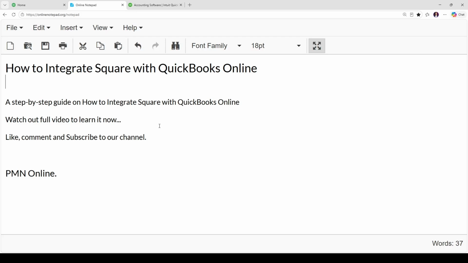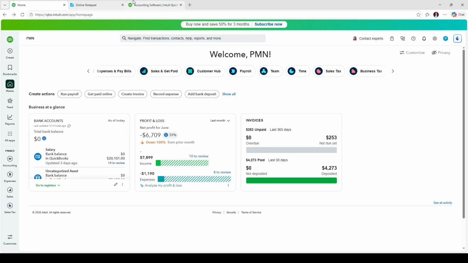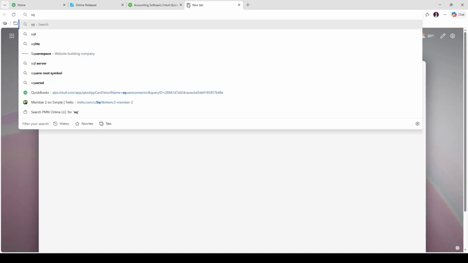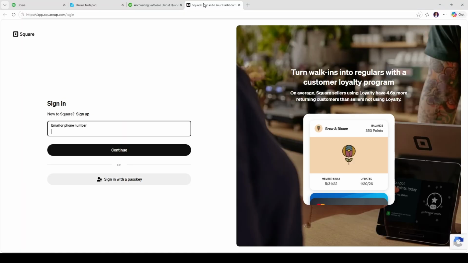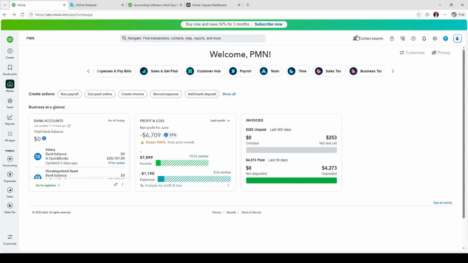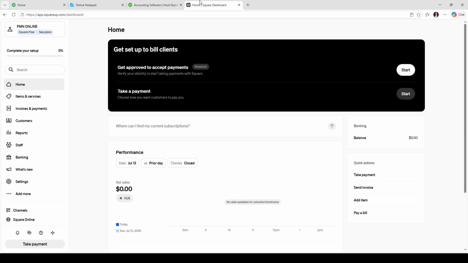In this tutorial, we will learn how to integrate Square with QuickBooks Online. Have you ever found yourself juggling between Square and QuickBooks Online, trying to keep your sales data in sync and up to date? It can feel like a daunting task, but integrating these two platforms can streamline your workflow, reduce errors, and improve your financial records. Today, we'll walk you through the process of integrating Square with QuickBooks Online, making your business operations smoother